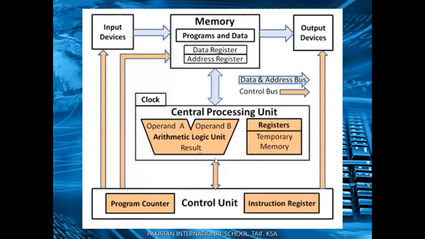Then we have the base register. It is used to hold a number that can be added to, or in some cases subtracted from, the address portion of a computer instruction to form an effective address. It is also known as the index register. Then we have the counter register, CR. It contains the address location of the instruction being executed at the current time. As each instruction gets fetched, the counter register increases its stored value by 1. After each instruction is fetched, it points to the next instruction in the sequence. When the computer restarts or resets, it normally reverts to 0.